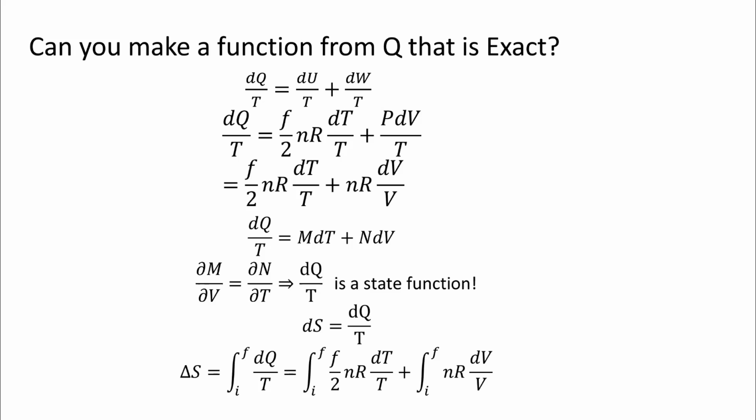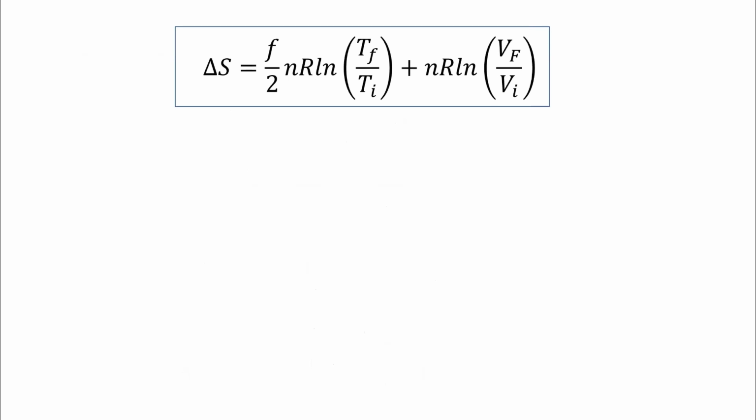So what's delta S? Delta S is the integral of dS, and that gives me something that looks like this. Okay? If I pop off that integral, I end up with a formula for S that looks like this. This is only true for an ideal gas, and I'm holding the number of particles constant and stuff, just because I didn't want too many terms. But this is the idea. You have an ideal gas, and the change in this state property, we don't know what it is, but apparently it's given by this formula.